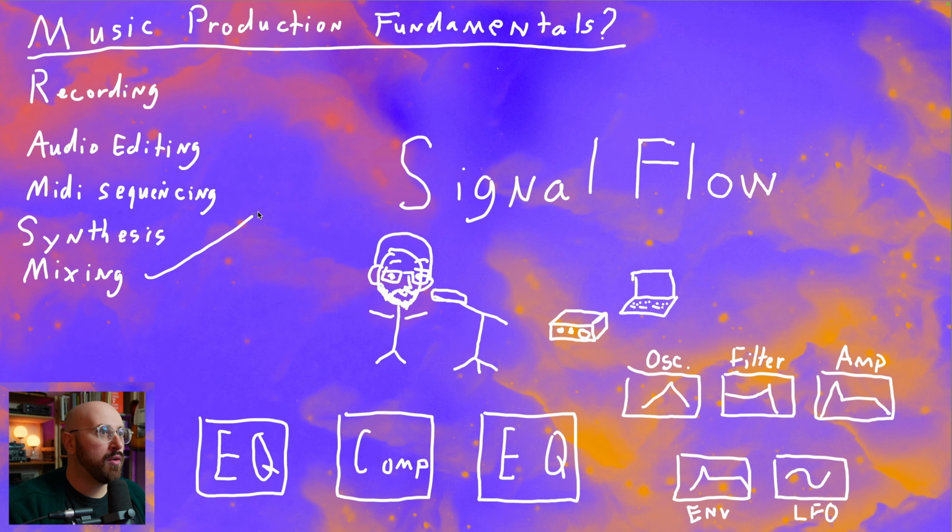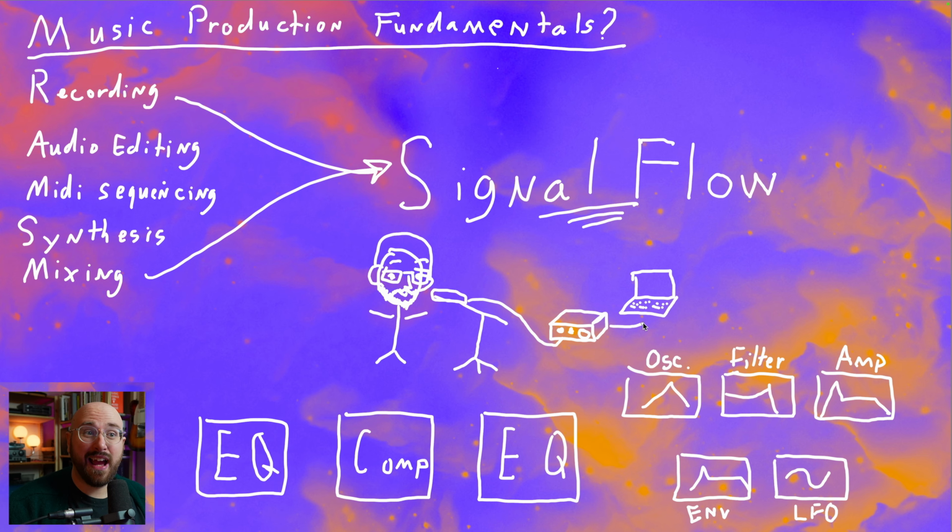And in reality, all of these boil down to just being about signal flow. How does information get in your DAW? How does it get out of your DAW? How does it move around your DAW? If I'm trying to record vocals, I need to understand how signal gets from my microphone into my audio interface, how it gets out of my audio interface into my DAW, how it gets out of my DAW back into my audio interface, and then how it gets out of the audio interface back into my headphones.